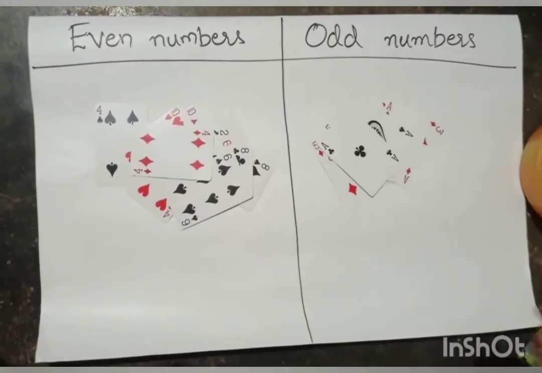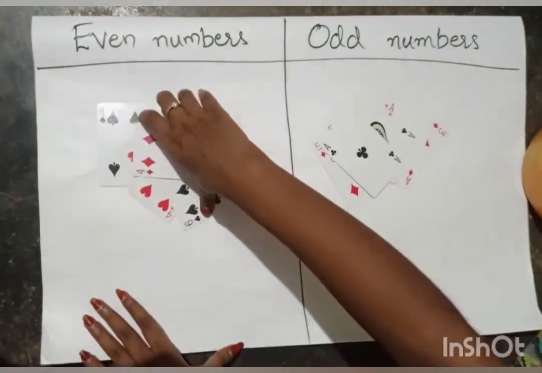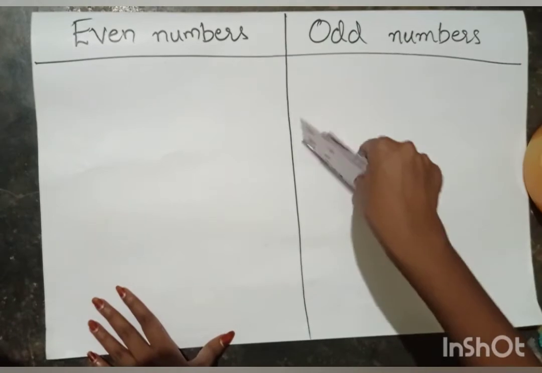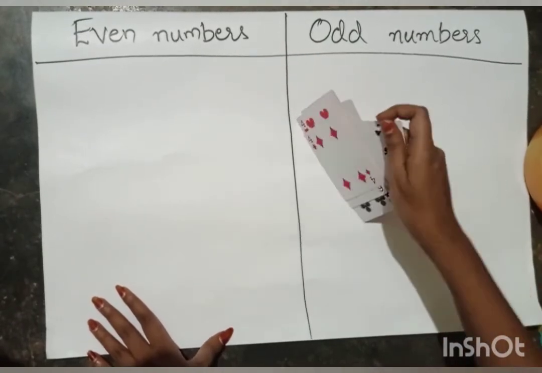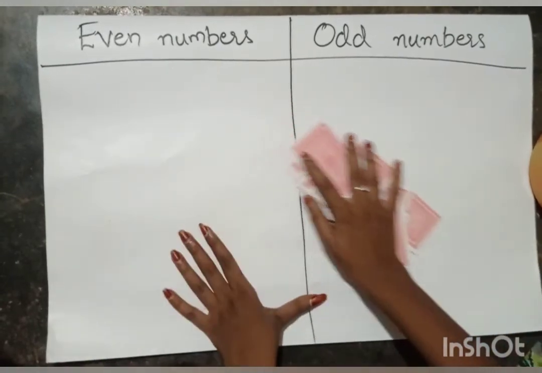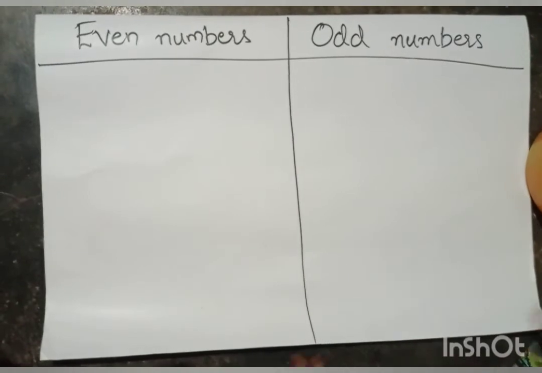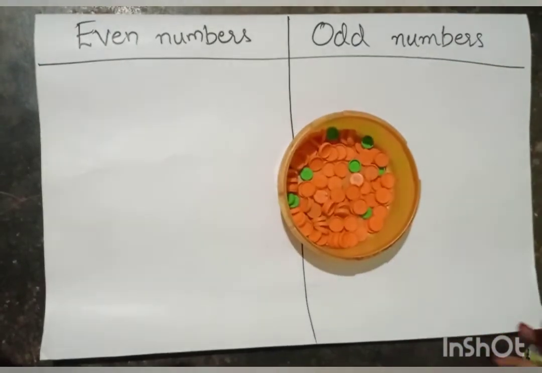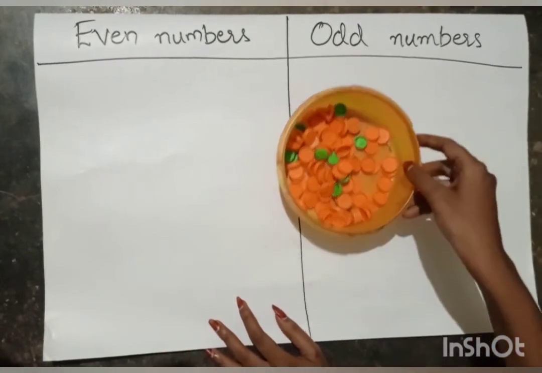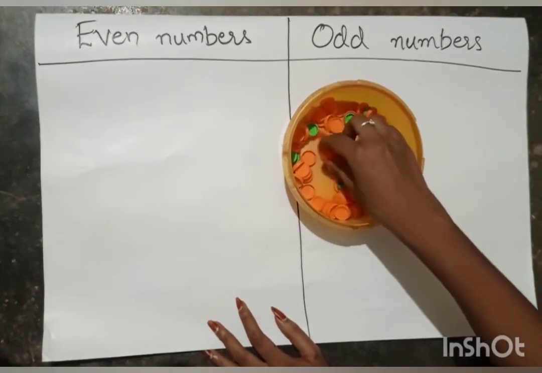So you have to put a timer, take a collection of cards, and you can play with your neighbor students or friends. Whoever places the correct numbers in the correct columns will win at the end. Okay, so this is one type of game you can play. And the next is the activity. In this activity, you take these numbers. There will be 100 numbers. Even a few houses have these number games, right?